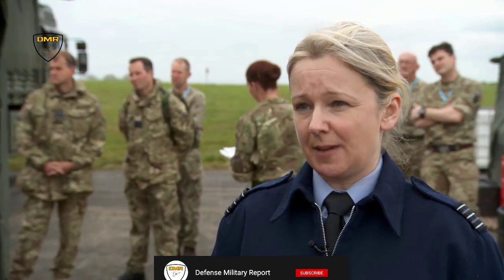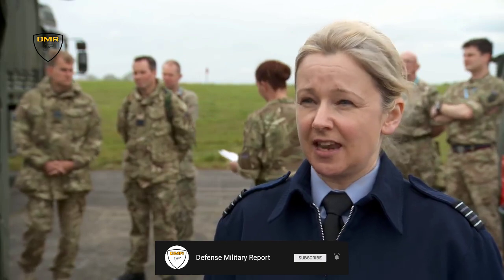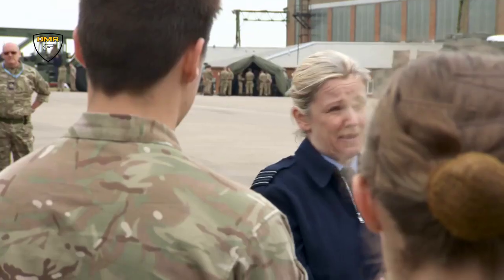Group Captain Joe Lincoln is commander of the A4 force elements and deputy commander of the Royal Air Force Support Force. In many ways, this is what the Support Force is all about, making sure that the right equipment is in the right place at the right time. It sounds like a simple thing, but modern air power depends entirely on having the right kit on the ground, ensuring those aircraft and their crews are appropriately enabled. Group Captain Lincoln said,